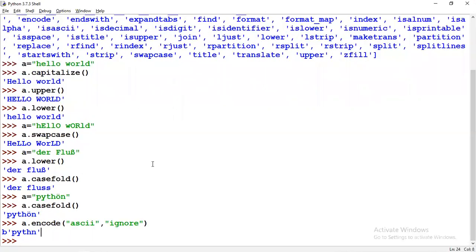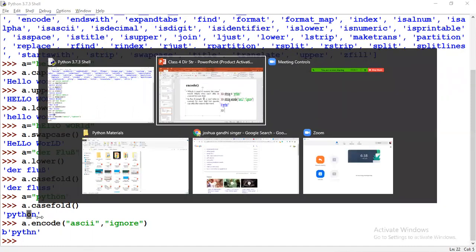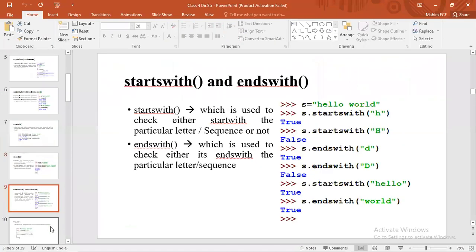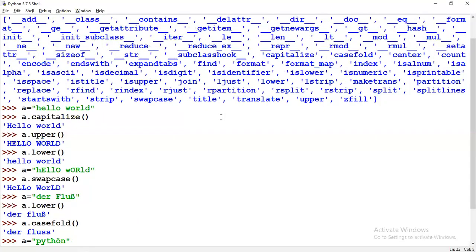So you are having a capitalize, it will caps the first letter, and upper will convert everything to uppercase, lower will convert everything to lowercase, swap case upper to lower, lower to upper, and this beta is actually converting to a related English letter, and then this O is actually used to remove from your string. So this is all actually related to each other. So now we'll be going ahead with the next thing.